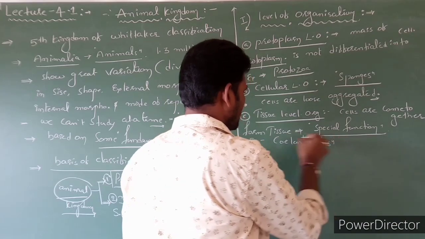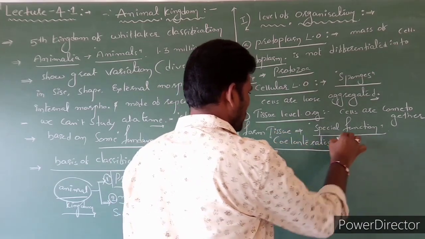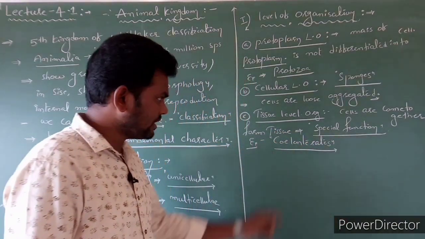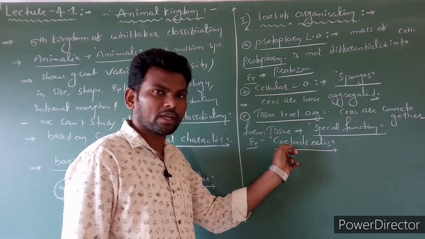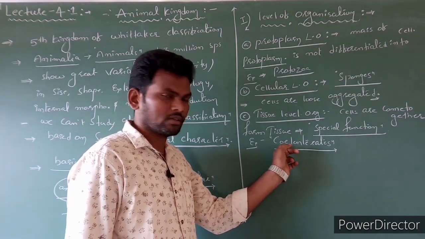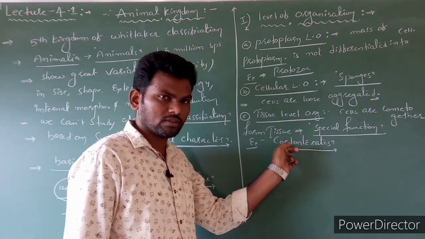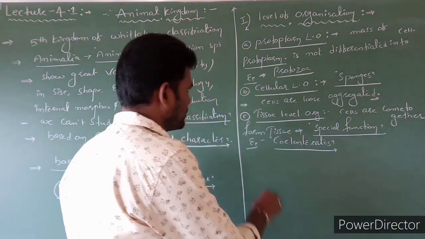Example is ciliate. It is one class of non-chordates. We will discuss later when we enter into the animal kingdom classification. We will discuss regarding ciliate. Next,